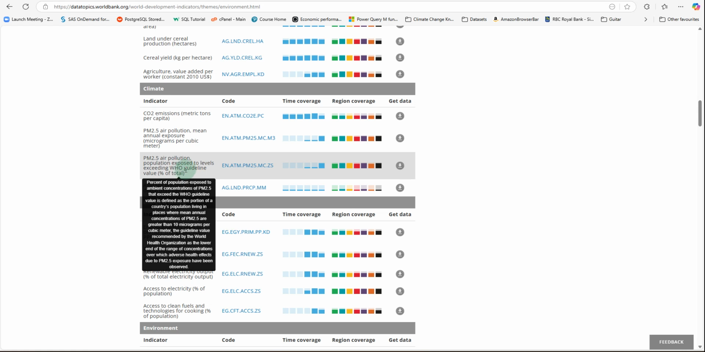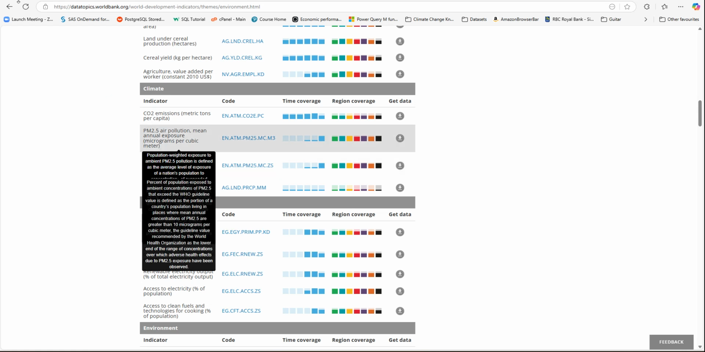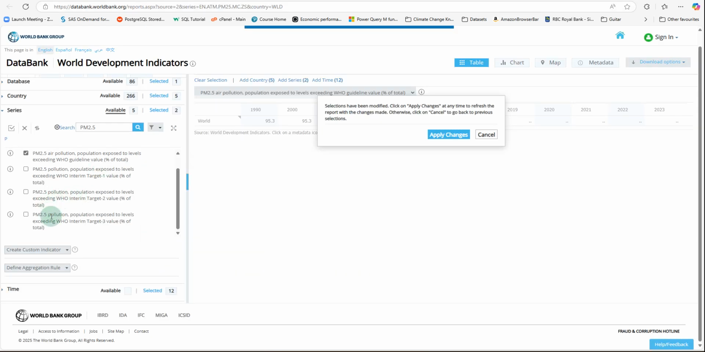Levels exceeding World Health Organization guideline. Because when you want to interpret it, you want to understand what you're doing. So here we go, it's exceeding. Okay, we want to see the people who are exceeding that. So I will uncheck this and check this one. So we can see we've selected 2, total greenhouse gas, and we've selected PM2.5. The next thing I want to get